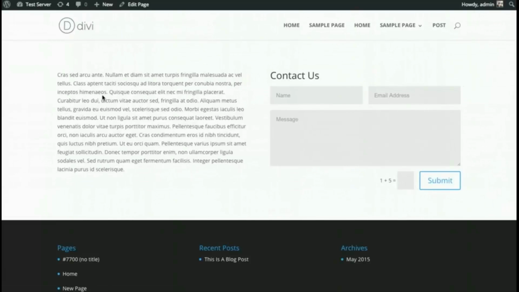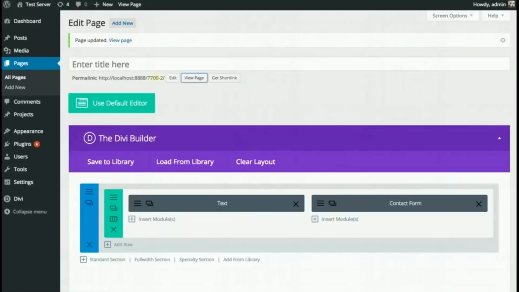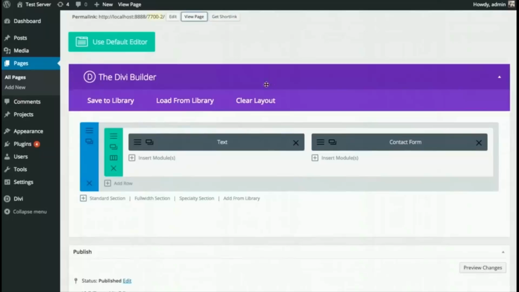So there we have it. Much like how we started originally with that 2-column row, that single row, I mean. And like I said, we have the text here and a contact form. Okay, so now that we're starting to build our own page, let me introduce you to something new, which is